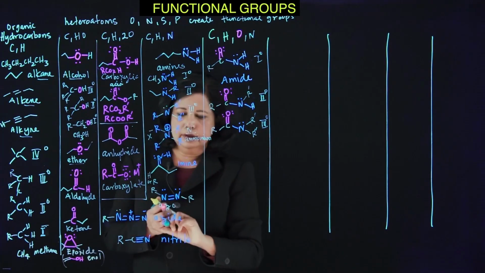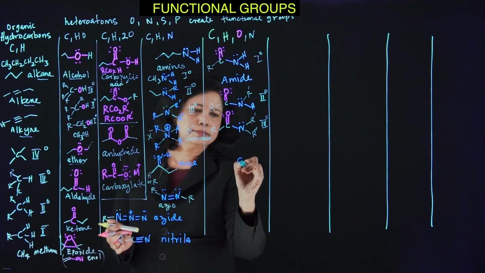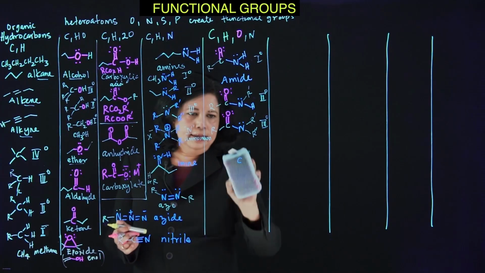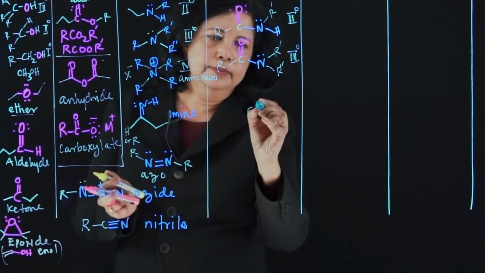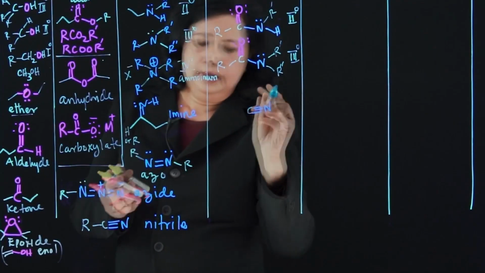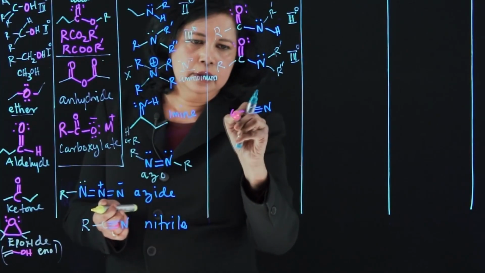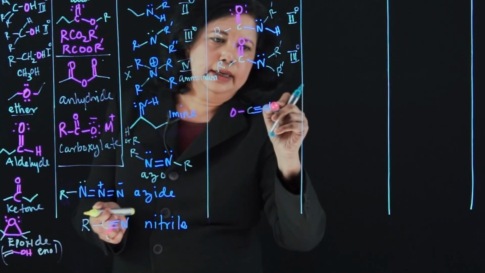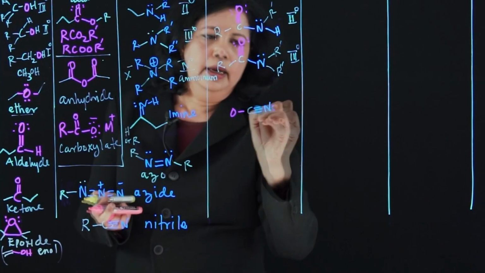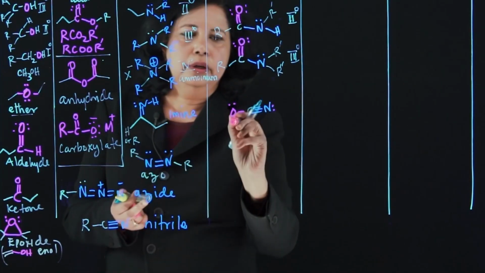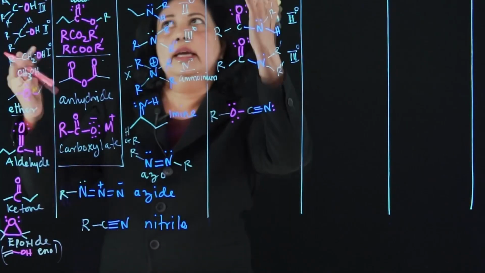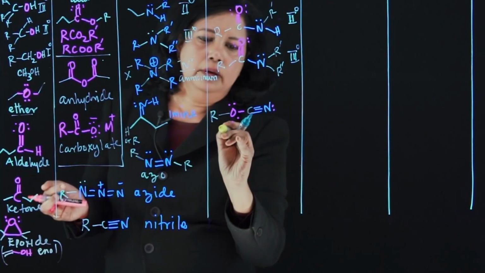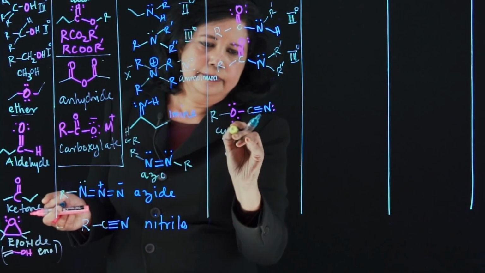So we can think of having a nitrile with an oxygen. So here's a nitrile with an oxygen. And then here we can't connect anything. It's got to have a lone pair. And over here, you've got to have something else. And this, if it's R, then it's organic. And then it's called cyanate.